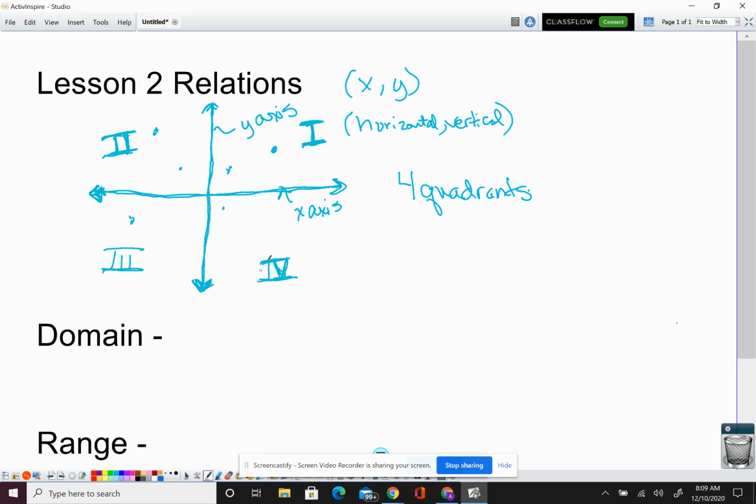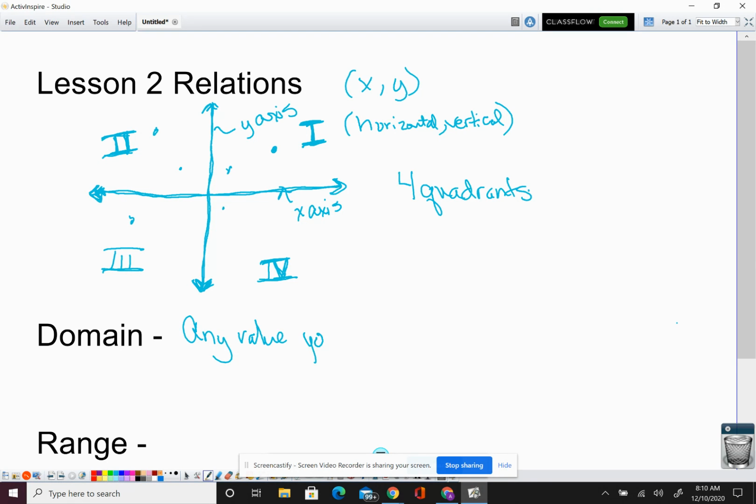So 1 and 2 are where the y coordinate is positive. 3 and 4 is where the y coordinate is negative. So we have these quadrants, we have our different points in there. There's 2 other words that we're going to talk about today when we're talking about relations, and that's domain and range. The domain is any value